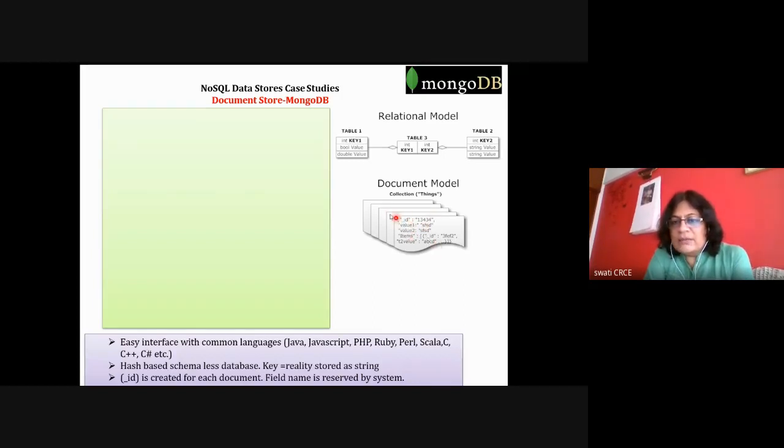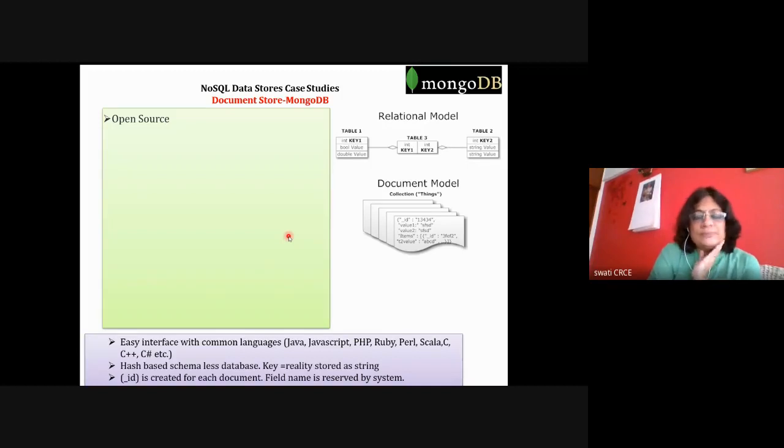You can see here in the curly brackets the document is there, with an ID having some value, then some other key and a corresponding value, another key and corresponding value. Even the value can be an array of values. So the table is a collection of things. Everything is in the form of collections. A collection of documents is your database model, the document model.